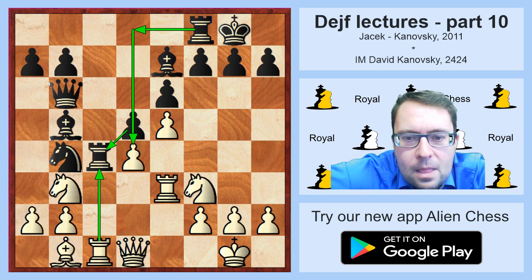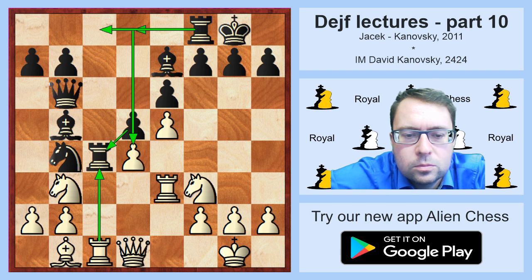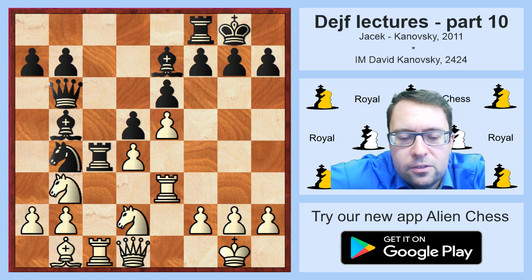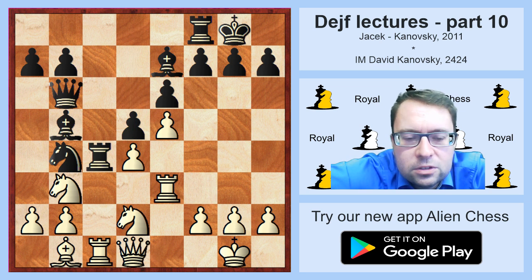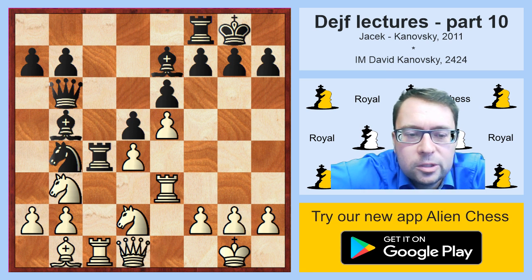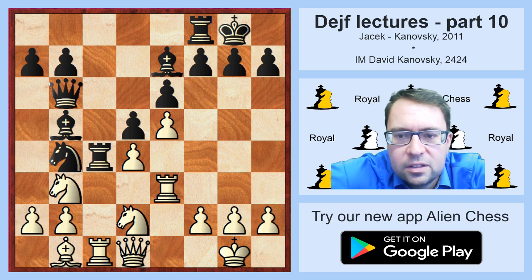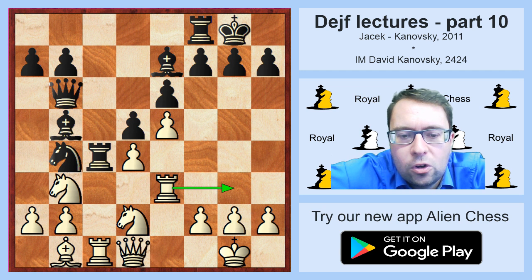And I believe that with that move, and of course with the idea of doubling rooks on the c file, white should play something like knight f3 d2, and of course the knight is going backwards, which seems fine for black. But on the other hand, this tempo is really nice for white. And of course that's the problem of the rook c4 move, because with this move, with knight d2, white is of course opening